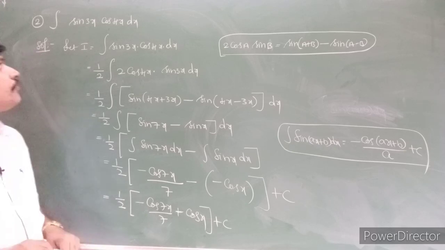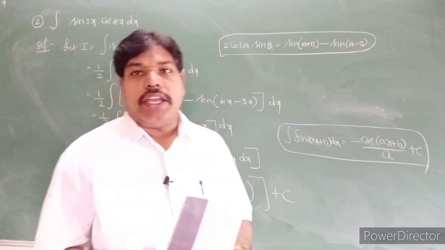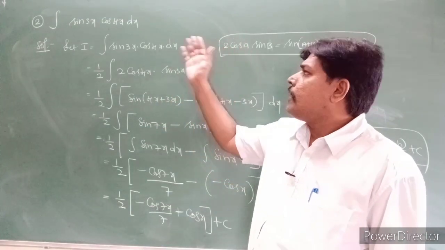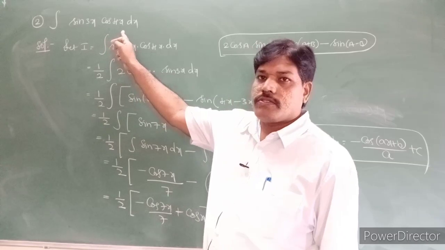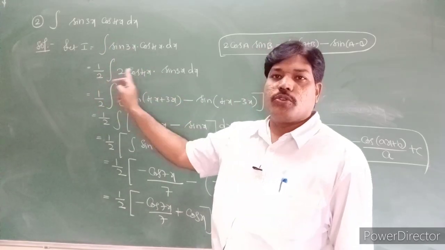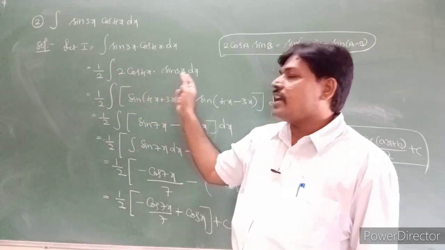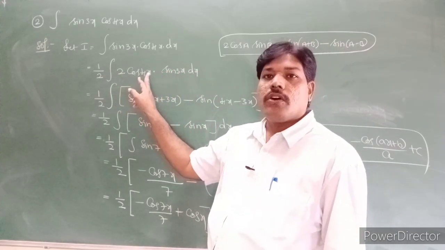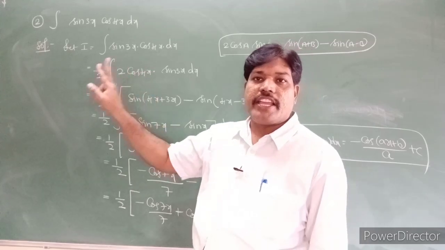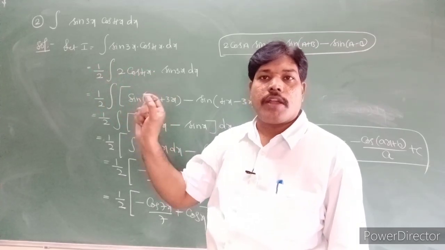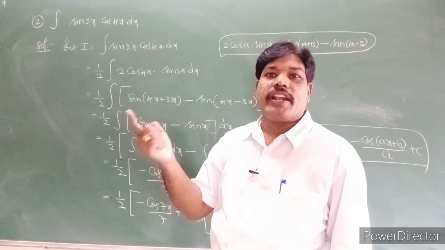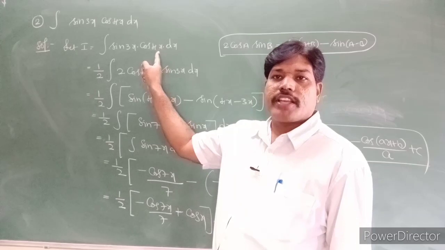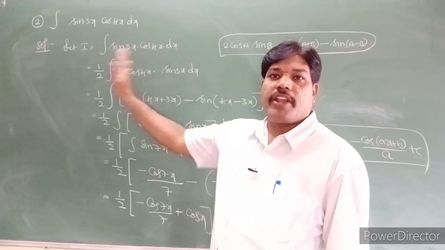So see that question once again. If you can understand it, this is the use of these trigonometric identities here. So sin a cos b, I have written there, just multiply and divide with 2. It will become 2 cos a sin b. Sir, why did you write cos a here? Because it is the big number. If you take a minus b, where a is the small number, you will get a minus, so you will take one more extra step. That's why cos 4x is a bigger number than 3x, so I am taking it in front.